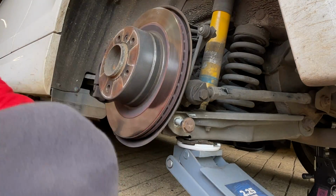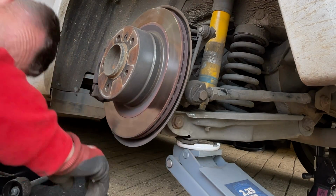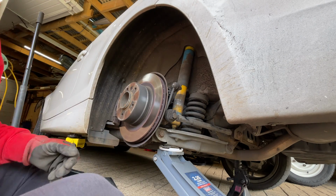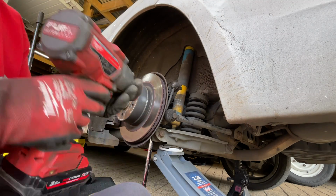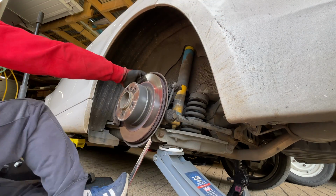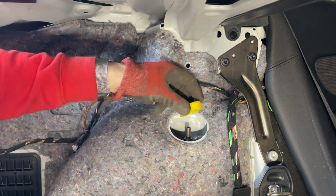Bolt through the bottom again. Just line it up, you push that hub across and it'll just pop through. Get it into its normal position. And then we can do that up nice and tight. Job done. And again, with the top one, put a bit more grease on it, round the bush, pop the